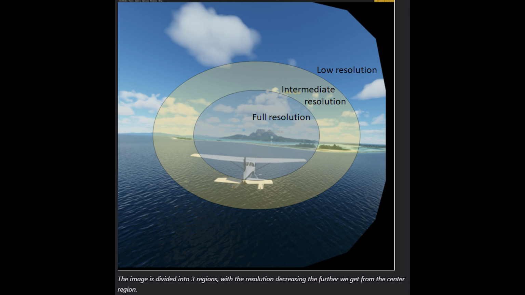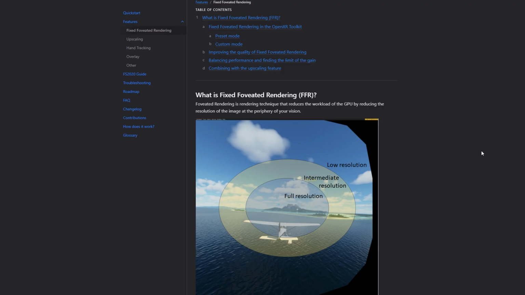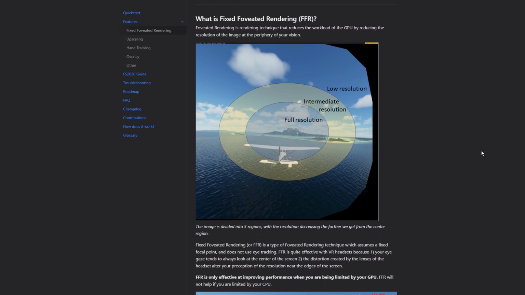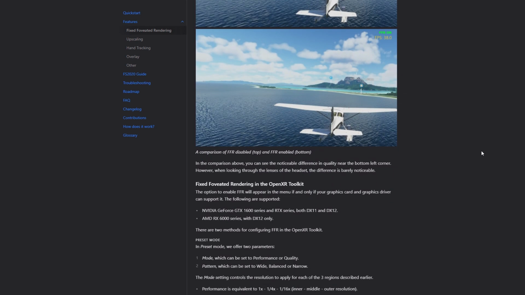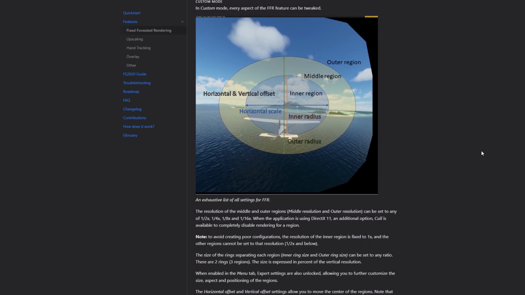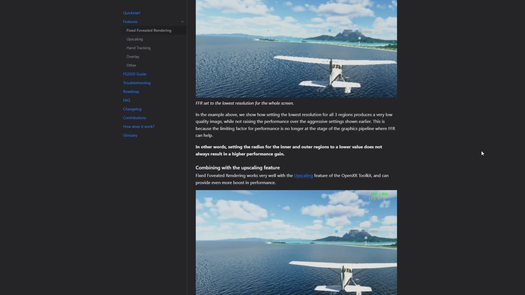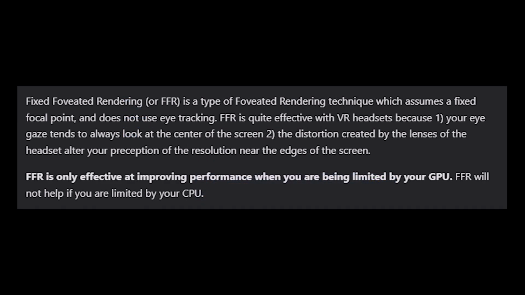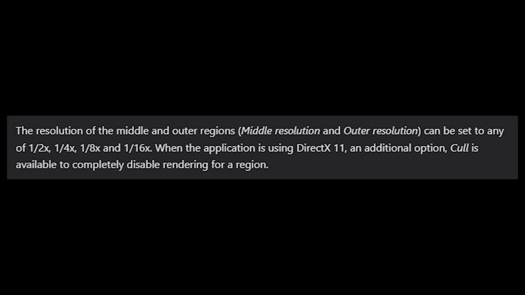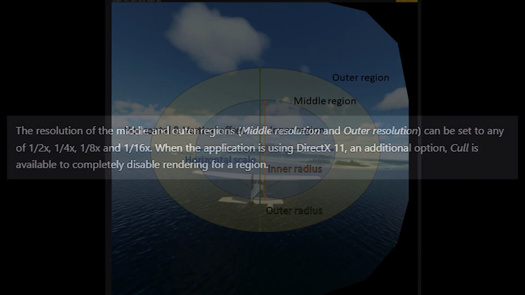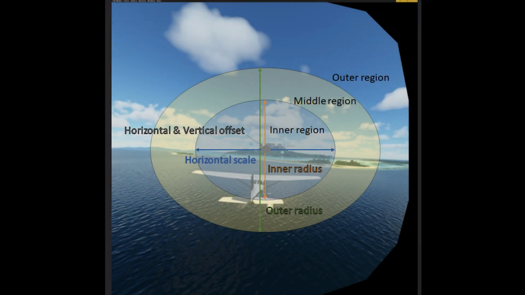The theory behind all of this is explained very well on the Toolkit website. It's located under the Features tab. And to be honest, I'd actually missed it, so thanks to Matthew for pointing that out again. And if you think you've missed it, and I highly recommend that you go to the website if you haven't seen it and read it as he explains it, probably far better than I can. But I think essentially by missing one of those rings, I wasn't really getting the full benefit of the Fixed Foveated rendering tool. So after quite a bit more experimentation with both the motion reprojection disabled as well as enabled,